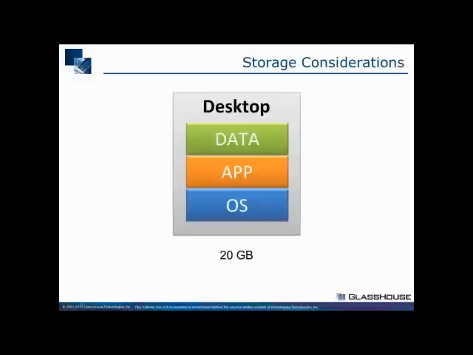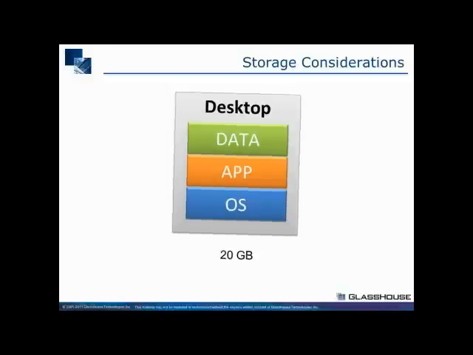To put it in perspective, assume you have a 20 gigabyte desktop image, which really is rather conservative if you consider a laptop now comes with 250 gig as a starting image. But for a virtual image, you want to try to keep that as small as possible. And so you have any sort of integrated data, installed applications in the base OS, or part of that image. 20 gig is really not that big. But if you're considering a 10,000 user deployment,